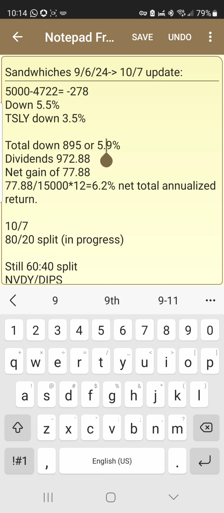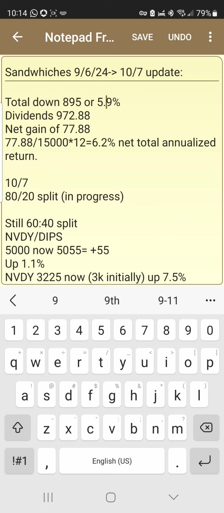When it comes to these sandwiches, there are a couple of ways I construct them. Number one, I try to keep it isolated from my other investments because I want to have clarity. So all the money that's in the sandwiches comes from the sandwiches, unless I'm building up a core number, but then that gets factored in. I try to reinvest all the dividends from the sandwiches into itself, and I try not to put any external money from other dividends or other monies into the sandwiches. So I have clarity exactly where I'm at and my total return. It's a bit painful, but I want to have clarity.